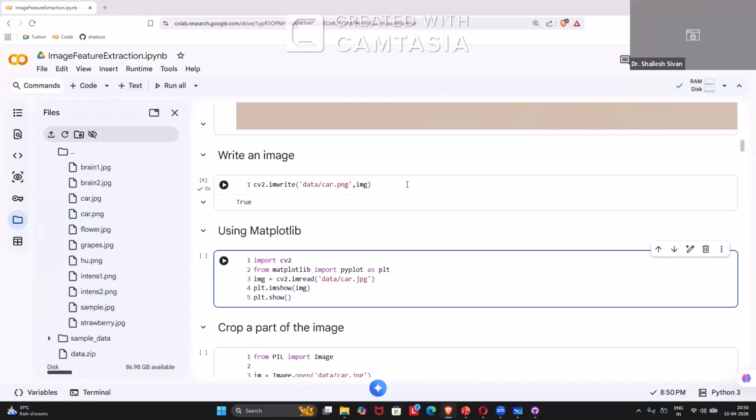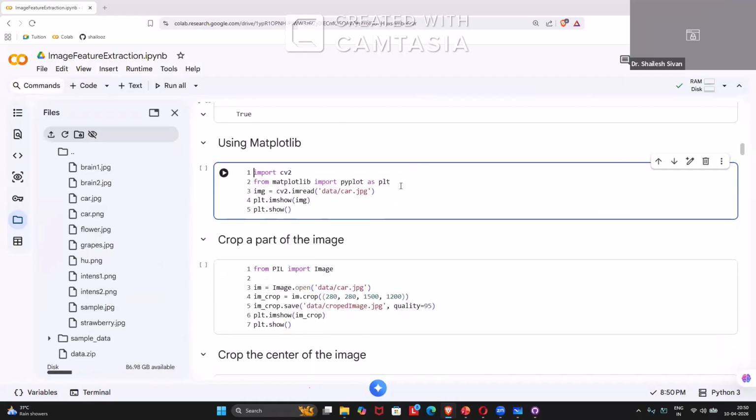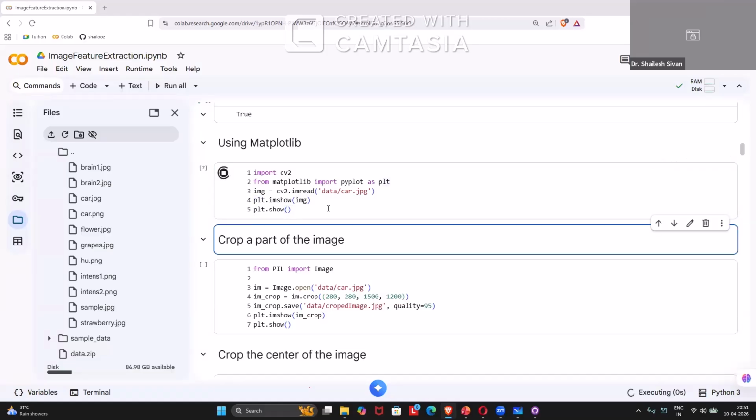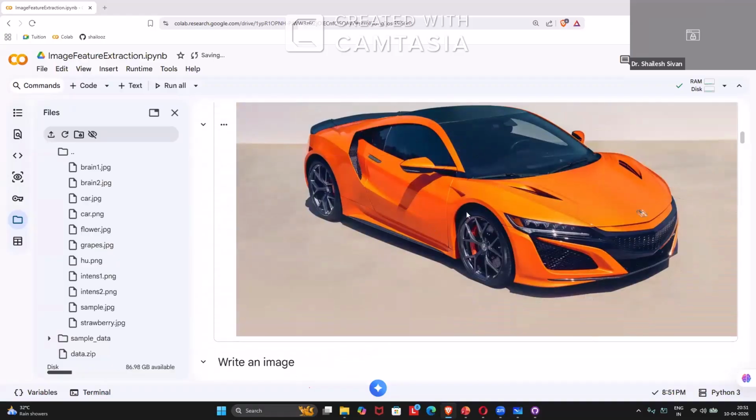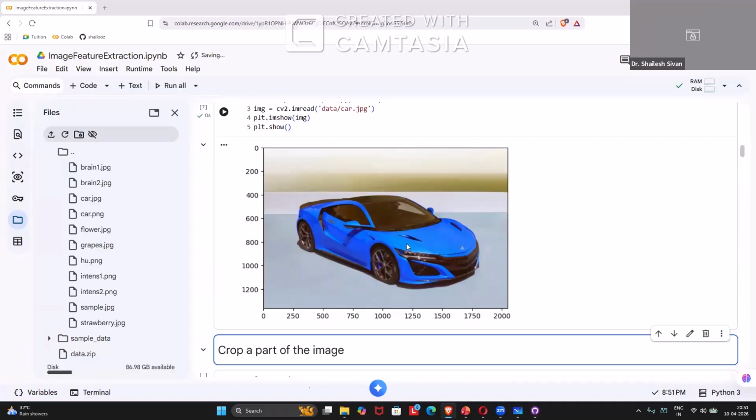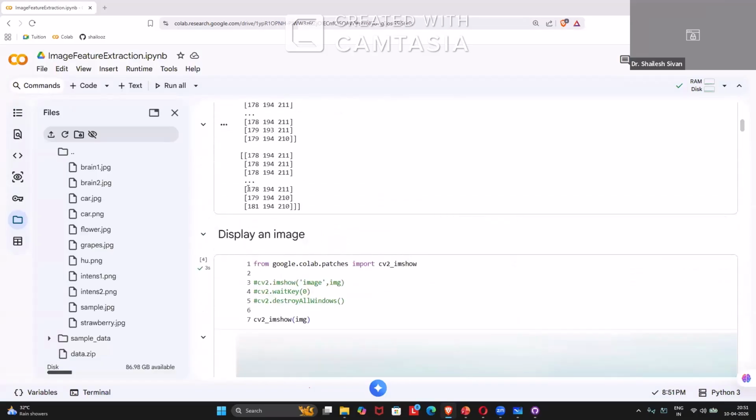Now, another way to show that image is, here we are reading the image, then we use matplotlib to show that. But while displaying with matplotlib, the orange car is actually interpreted as a blue one, right? Can anyone tell me the reason for that? Usually matplotlib interprets a pixel value as